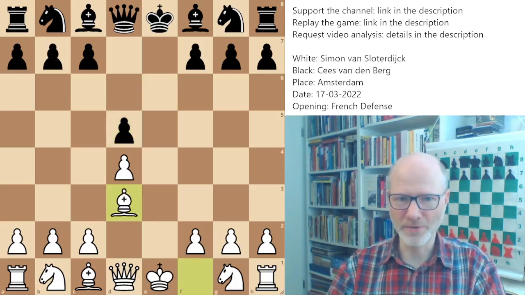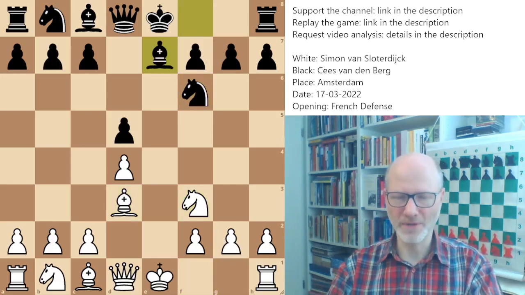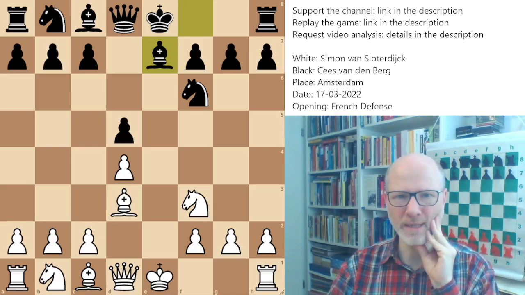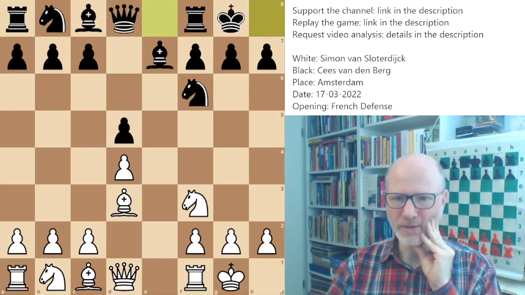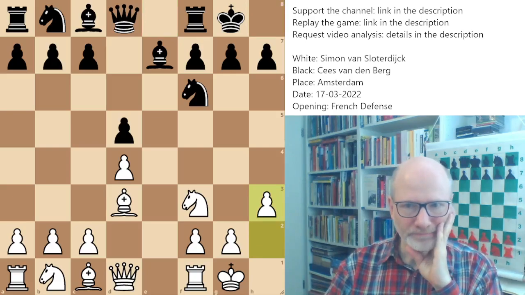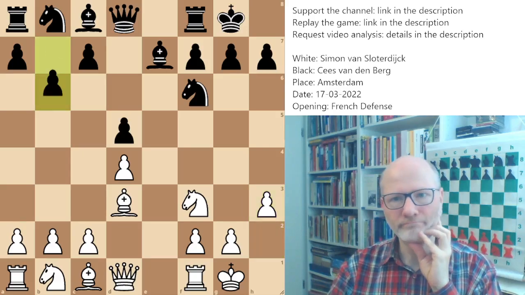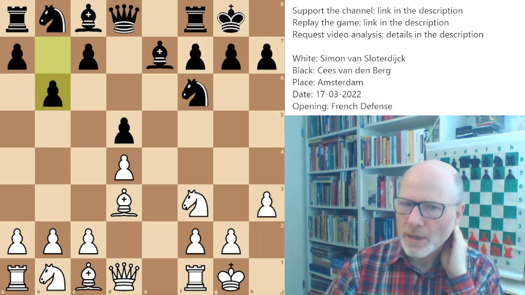So bishop d3, that's also very normal. Knight f6, knight f3, bishop e7, they all look like very normal, plausible and solid developing moves from both sides. Castles, castles, h3, I suppose that move is also playable. Yeah, b6. Okay, this move is somehow a little bit more weird, because you would expect this bishop